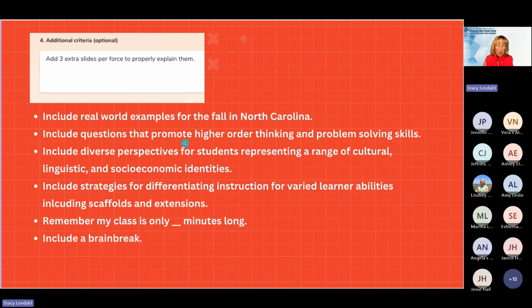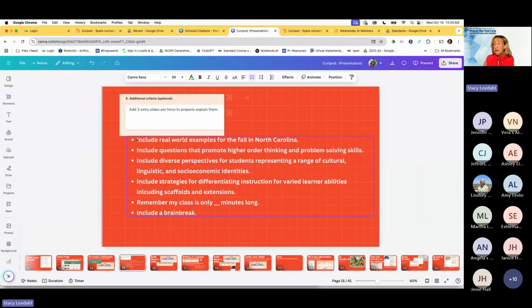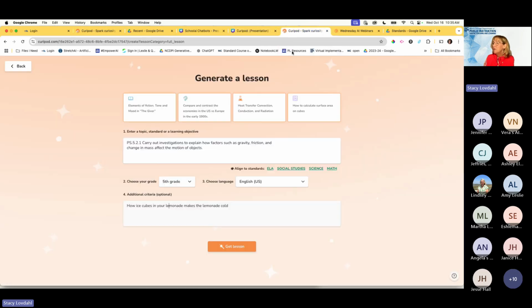So I'm going to copy all of this information and put it in there. And I could probably give you guys a Google Doc for this, so you could do that too. So I'll add that to the notes and give you a link for that. So that would be super helpful. And put all of that in here, and I'm going to put in 10 minutes for that and click Get